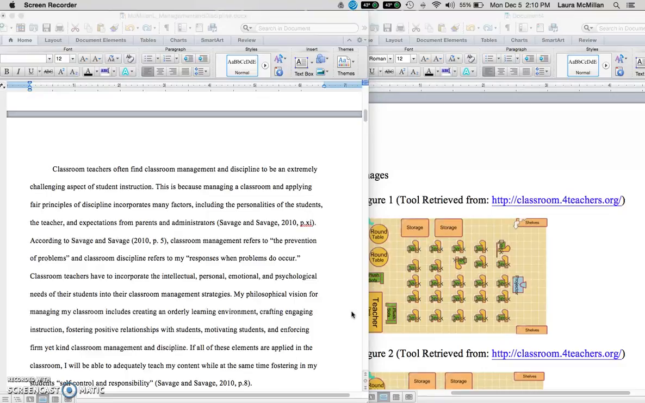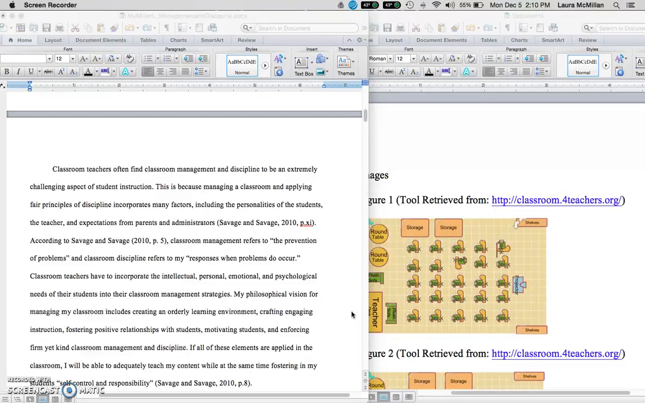This is because managing a classroom and applying fair principles of discipline incorporates many factors, including the personalities of the students, the teacher, and expectations from parents and administrators. According to Savage and Savage, classroom management refers to the prevention of problems, and classroom discipline refers to my responses when problems do occur. Classroom teachers have to incorporate the intellectual, personal, emotional, and psychological needs of their students into